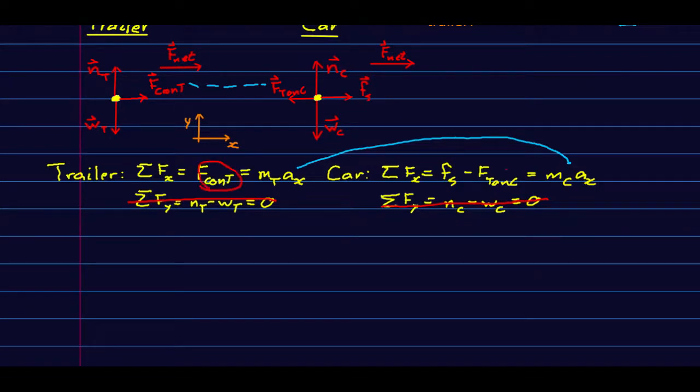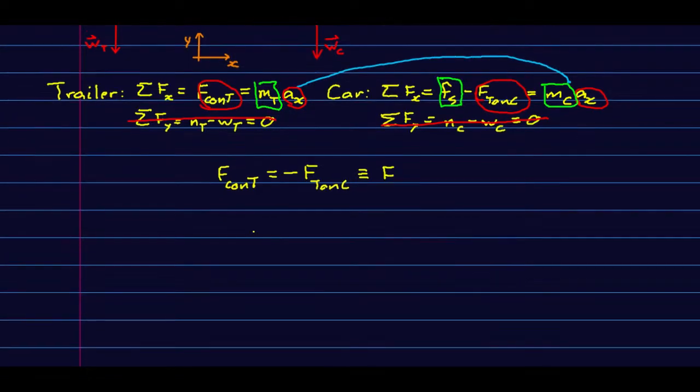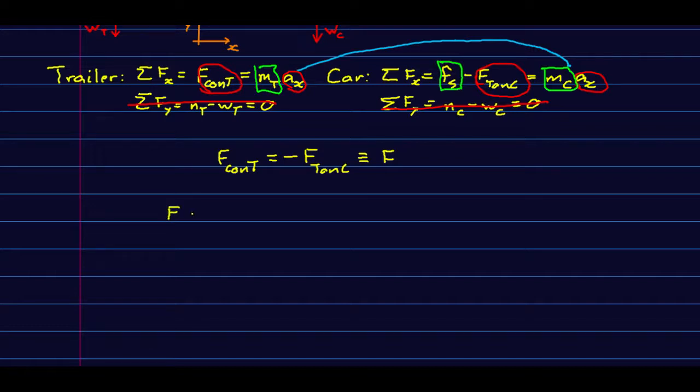We don't know this. We don't know this. We don't know the acceleration, but we do know both masses. They're given above, 800 and 200 kilograms. And we know this static friction. It's that 2,000 newtons. Well, that means we've got 3 unknowns and only 2 equations, but we've got another equation. F car on trailer, Newton's third law tells us, is the negative F trailer on car. And just to simplify notation, let's call that capital F. And so, now rewriting these, we have that F equals M trailer Ax and Fs minus F is